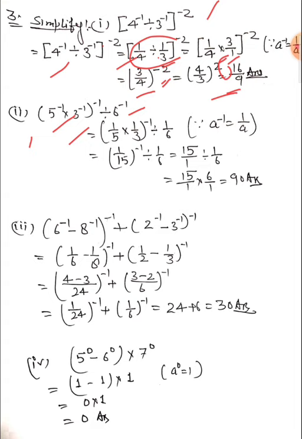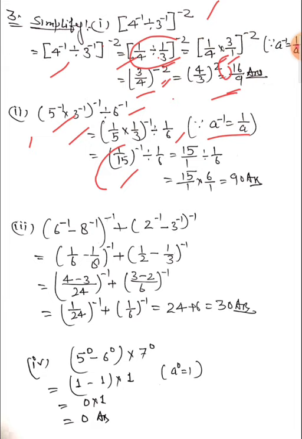So raised to power minus 1 divided by 6 power minus 1 means we can write 1 upon 6, because here we can apply which rule? Negative exponent rule, and that is a power minus 1. So we can write 1 upon a. So 1 upon 5 multiply 1 upon 3, multiplication of fractions, we can easily multiply: 5 times 3 is 15. So that is 1 upon 15.